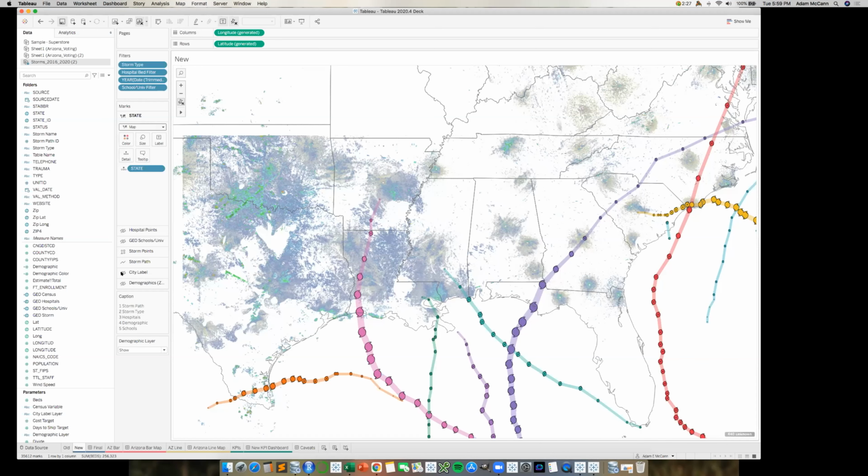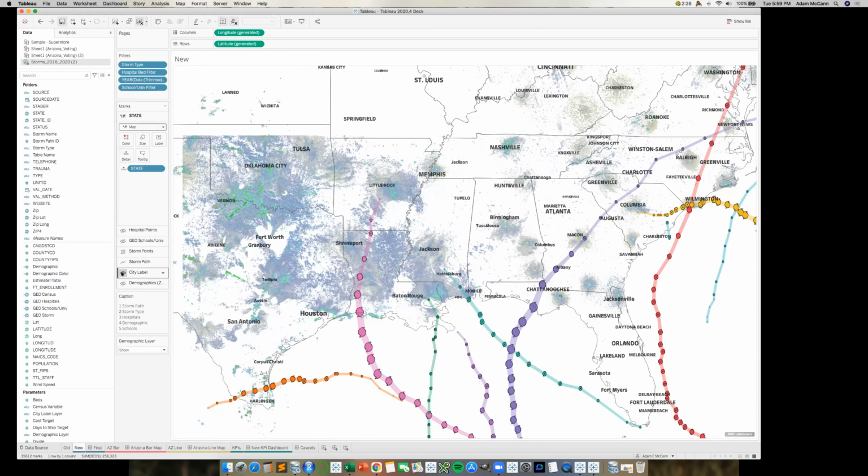But I want to add city labels. So how do I add another mark? So I just turn on, I've already set this up because I only have a few minutes here. Now I've got city labels sized by population, but I want to add back my demographic variables, my choropleth that was in the base map. And so I have a preset value here that shows my choropleth.